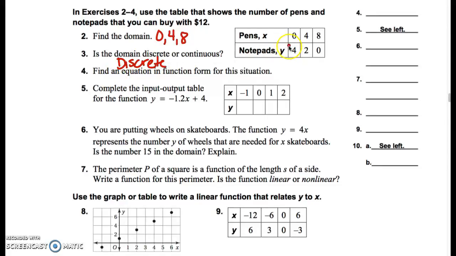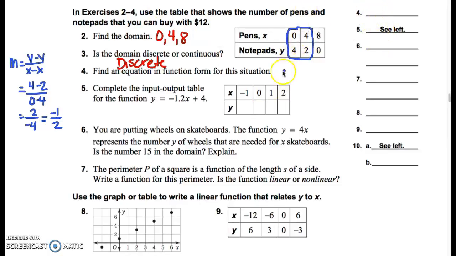Okay, number 4, find the equation in function form for this situation. So we need to write an equation for this table. Now, before you can write an equation, you have to have a slope. If you remember, to find the slope, you do your change in your y's over your change in x's. So I'm just going to use these first 2 set of points right here. So my y's would be 4 minus 2. My x's would then be 0 minus 4. And you get 2 over -4, which simplifies to -1/2. So I know my slope is